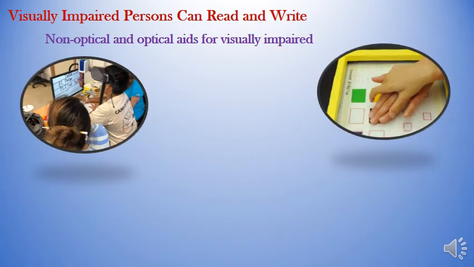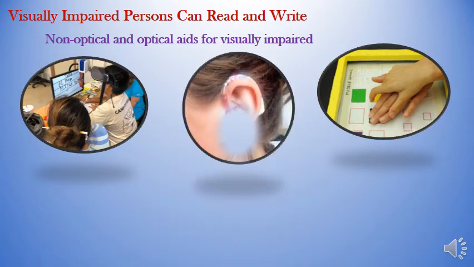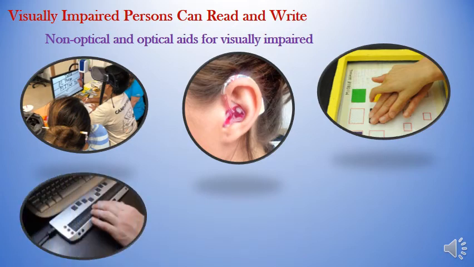Tactual aids include the braille writer, slate and stylus, and they help visually challenged persons in taking notes, reading and writing. Auditory aids include cassettes, tapes, hearing aids, talking books, and so many things. Even electronic aids such as talking calculators and computers are available for certain kinds of computational tasks. A few televisions are also helpful for them, and such televisions can adjust the contrast and brightness for them.